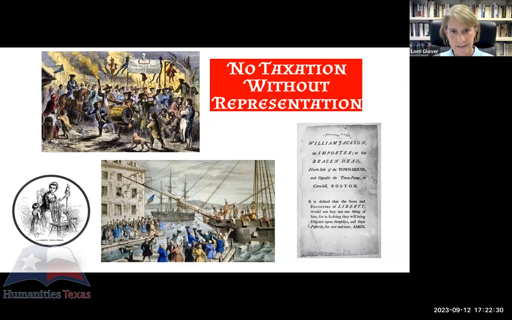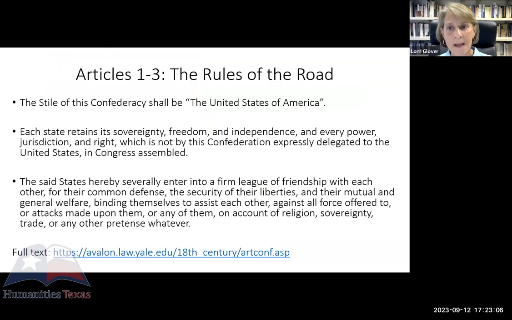And that story, again, that's a story, that's not the facts, but that story, which people believed, is the background to understanding the creation of and the structures in the Articles of Confederation. So the Articles, just so we're all clear on the specific details, were adopted by the Continental Congress in November of 1777, finally accepted by the states in 1781, and in force until the Constitution went into effect in March of 1789. And these are what we might call the rules of the road for the Articles of Confederation.